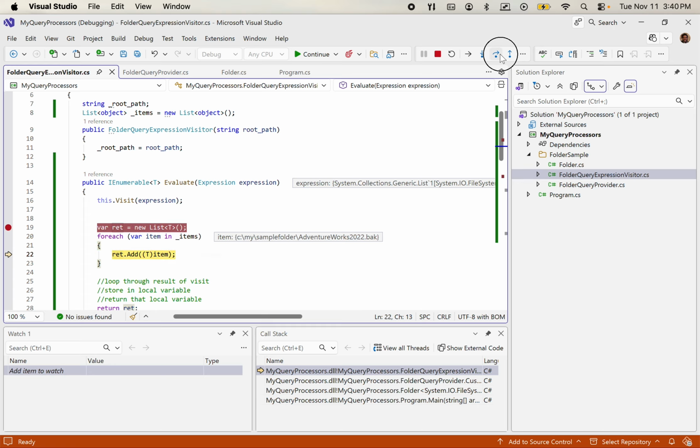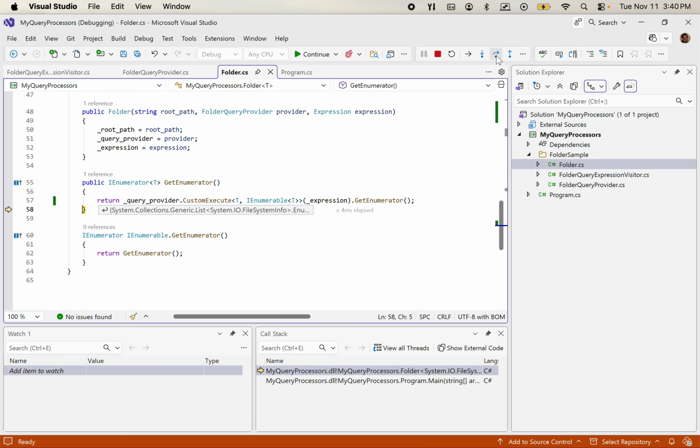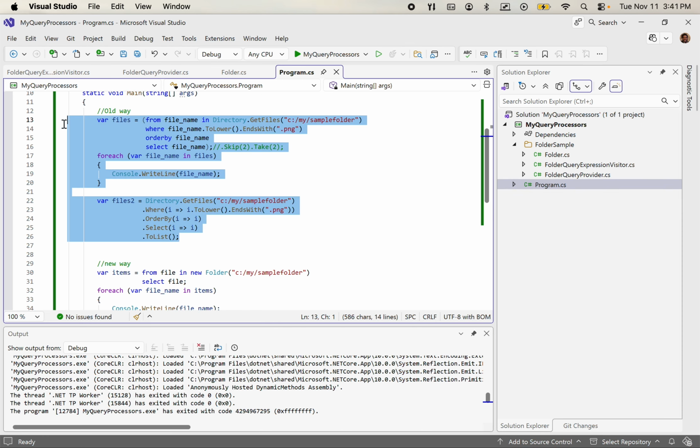Then I can loop through here and convert each one into type T, which is of type FileInfo, and that gets returned here. Now what I have is an IEnumerable of FileInfos that I can then just cast to what they are, and that returns from the GetEnumerator call. And then when I get in here, I am now looking at a FileInfo. Okay. All right, so let's now comment these out,